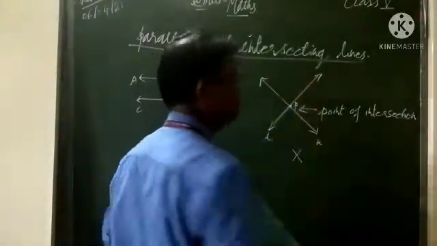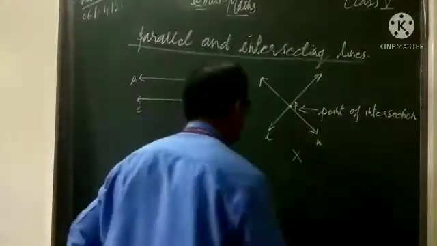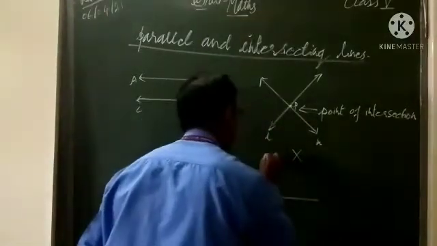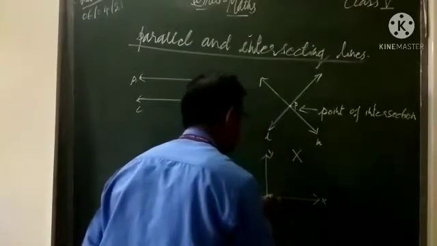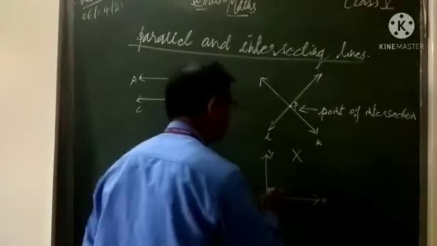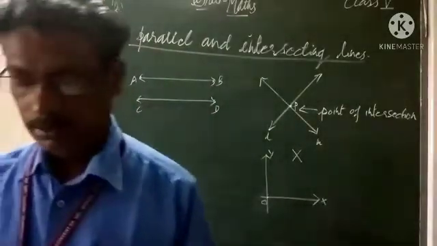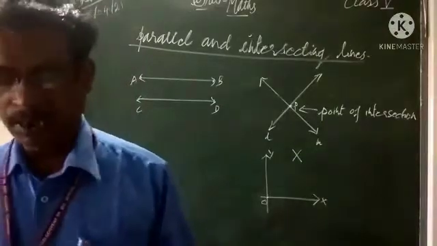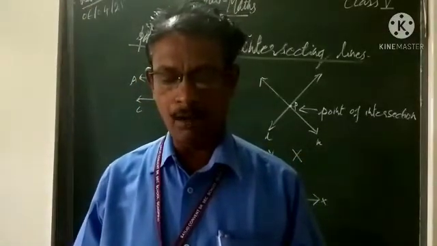Intersecting lines. For example, you have drawn that graph, bar graph. Bar graph we have drawn like this, x-axis and this one is y-axis. Both lines are intersecting each other. So this is also an example of what? Intersecting lines. Lines through opposite edges of the page of your notebook, blackboard, door are examples of parallel lines.